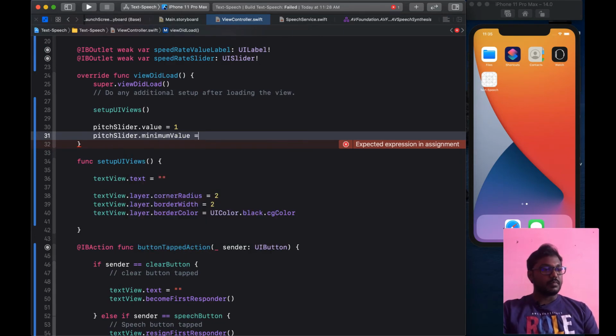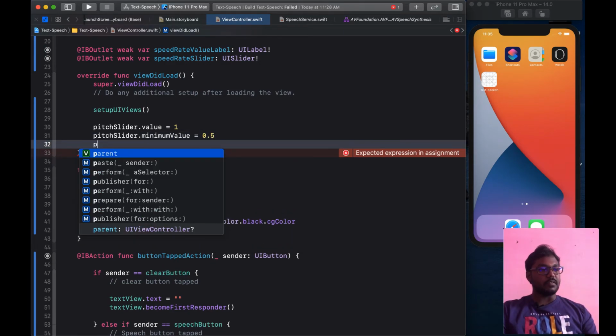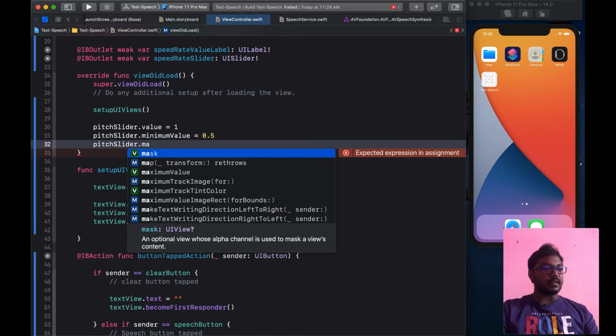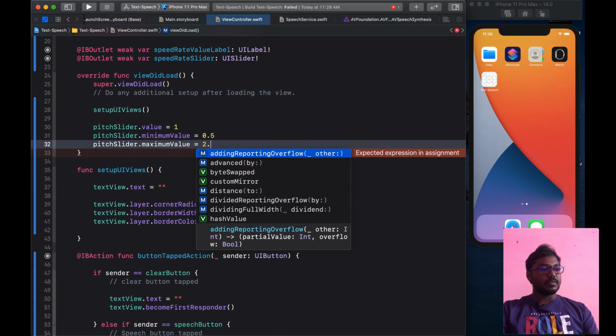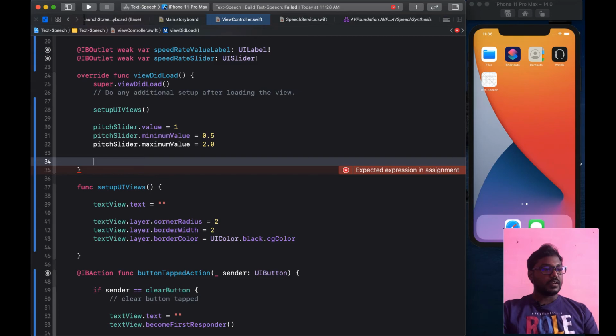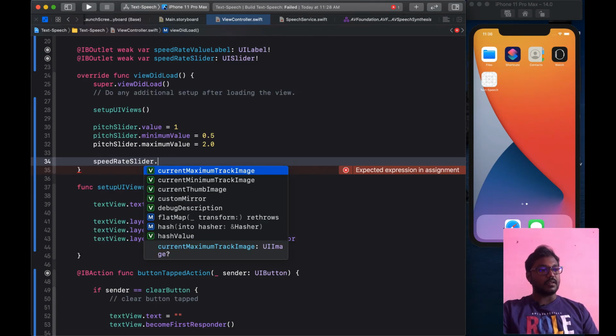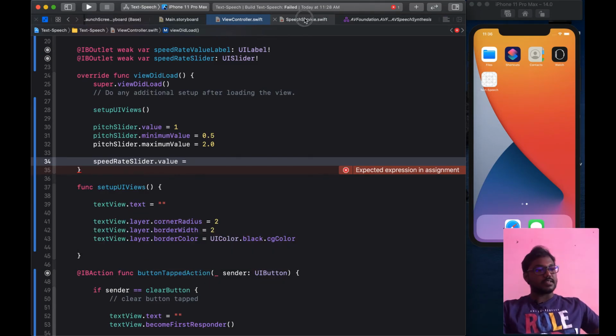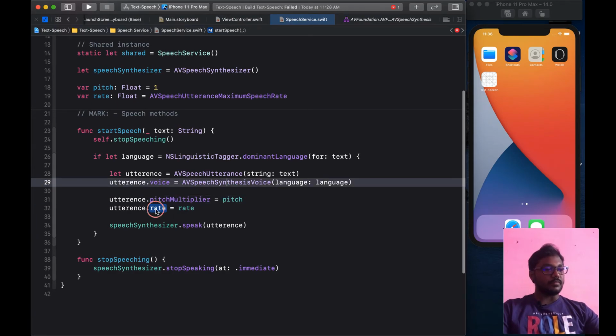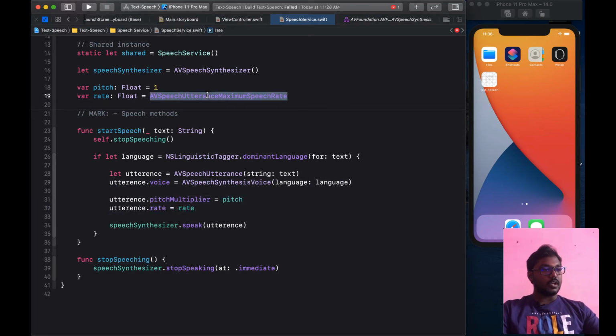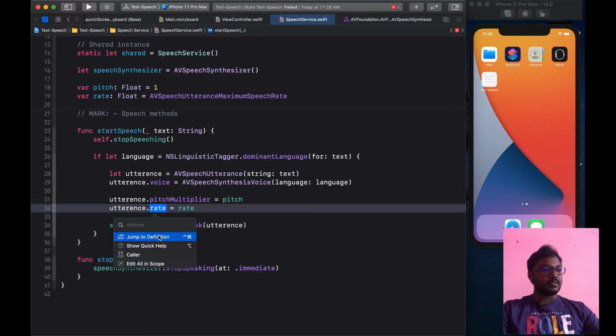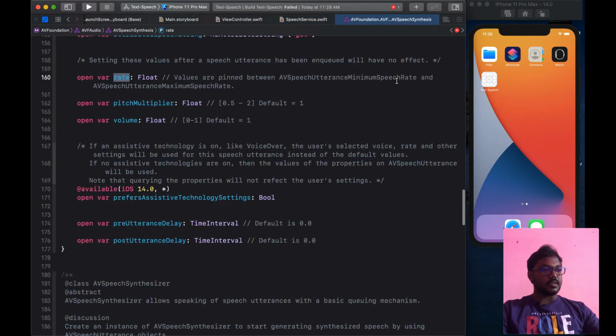Now minimum value is 0.5, as well as pitch slider dot maximum value equal to 2.0. Likewise, I am setting the same thing for the rate slider. The minimum value I am setting as the maximum speech rate, as well as the minimum speech rate.